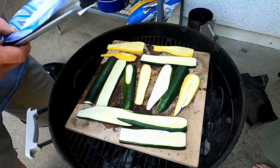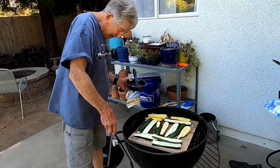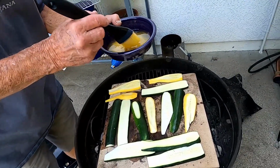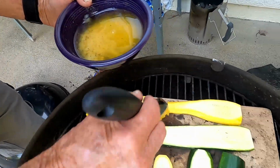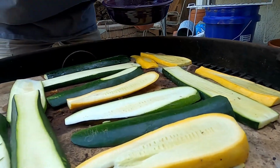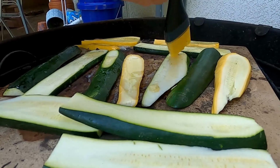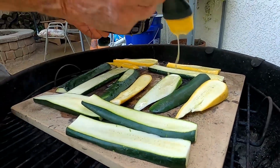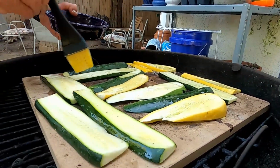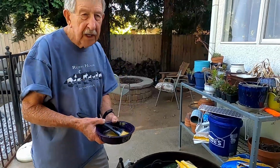Okay, you can see this now, and we're going to now thank you, Assistant Cindy Joe. Okay, now we'll put this butter with a few herbs in it. It just fits so well. Okay, we'll do this with all of them. And then we'll go ahead and turn them over and do it again. Oh my gosh. That looks good. Assistant Cindy, if you'll take this and put it up on the...